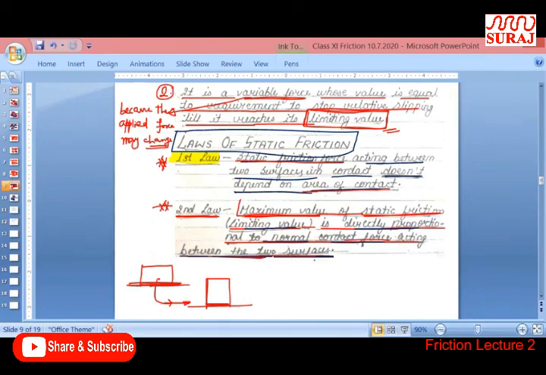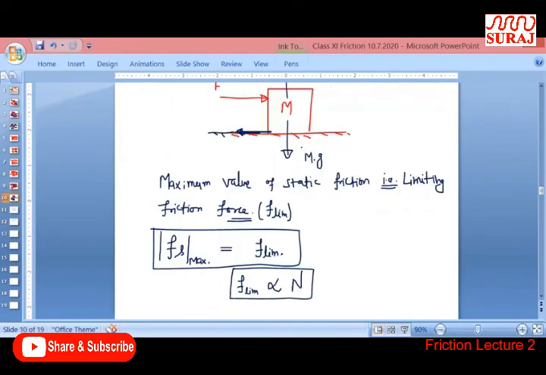I hope you guys are getting this. Normal contact force is nothing but this N. This N is the normal contact force. So according to the definition or second law, we can write the limiting friction force